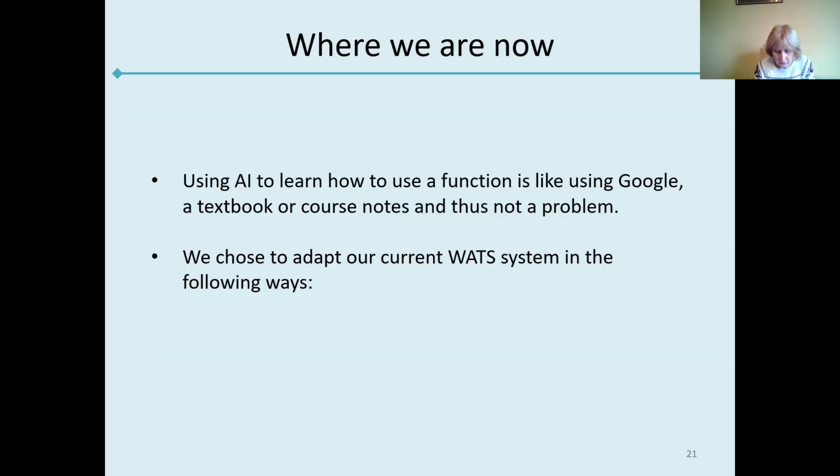So we thought that as educators, it's actually part of our role to help students to be able to use these types of resources responsibly. So in the end, we decided to adapt our system. So the question is, how do we do this? Well, there are a number of different ways. If we go to the next slide,